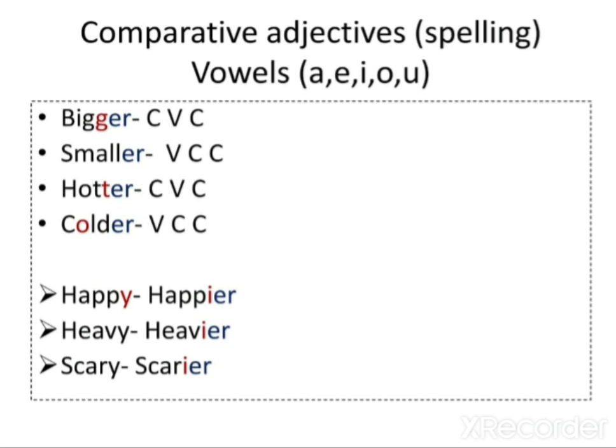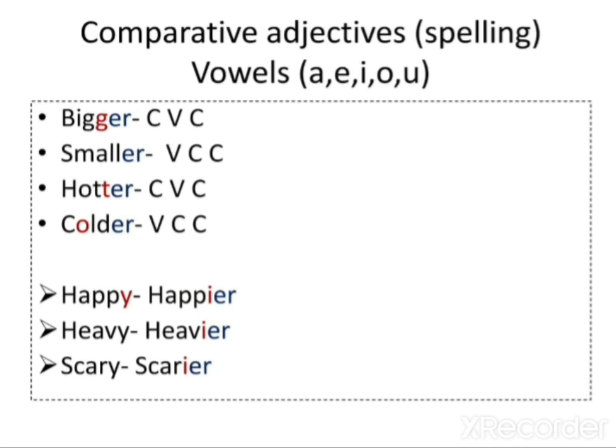So when we are using comparatives, we need to pay attention to vowels and consonants because this is going to help us with spellings. A vowel is A, E, I, O, U. A consonant are the other letters. So vowels are A, E, I, O, U, and they have different sounds. And consonants are not vowels. So they are the rest of the letters or the sounds in English.